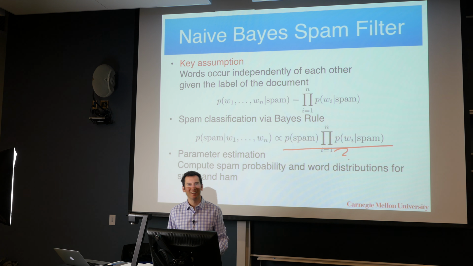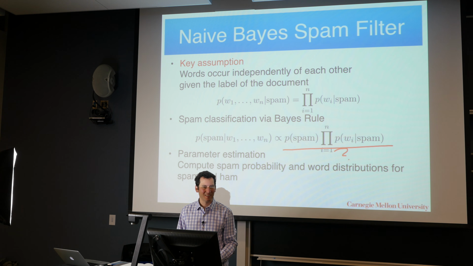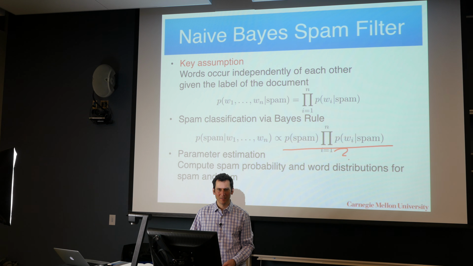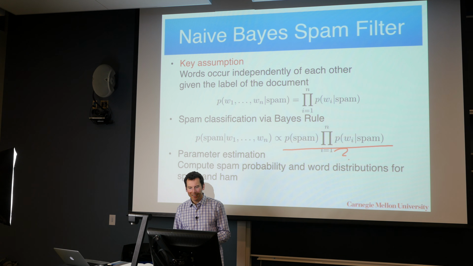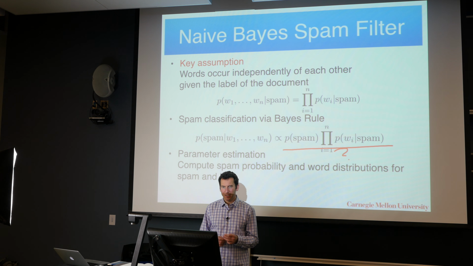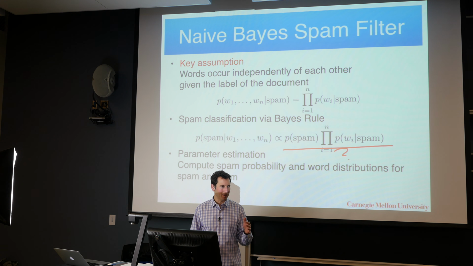Yes? Because we only have two things we care about, spam and ham. And because we're going to have something proportional, if we're so inclined, then it doesn't really matter what they're both divided by. Correct. They can both be divided by 5 million and it doesn't change it. Correct. So just to repeat it for everybody, this is exactly the right answer. Perfect. Thank you, by the way. Essentially, we only have two possible outcomes.